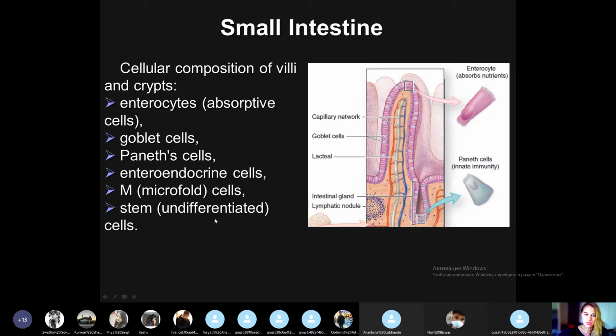Let's focus on each cell in detail. But before we start, let's remember what the main function of the small intestine is: the terminal digestion and absorption of the monomers to the blood. Thus, this function is provided by the most numerous cells, the enterocytes. The enterocytes absorb the nutrients, which they after this pass to the blood capillaries, which are found